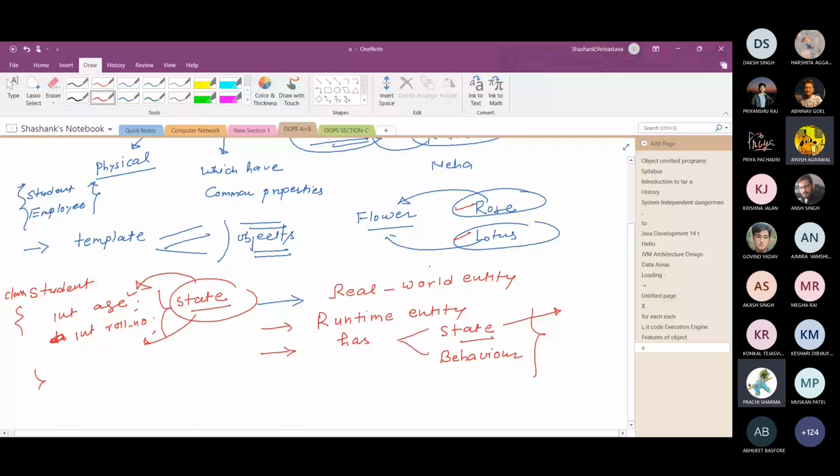Basically the variables define the state and the methods of the class define the behavior. Behavior means, suppose any student can read and write. So read and write are the behavior of students. So an object has certain state and certain behavior.